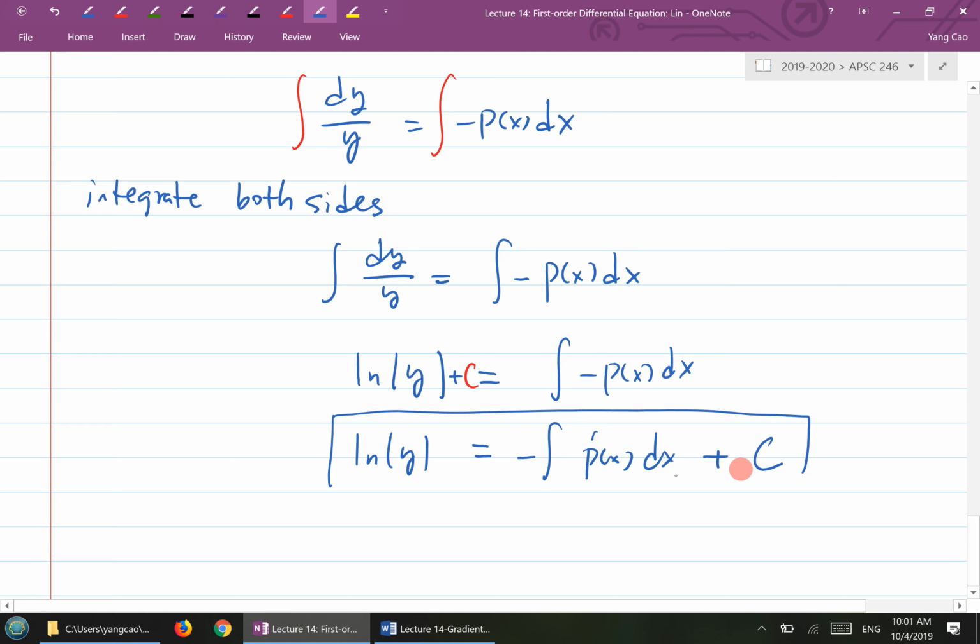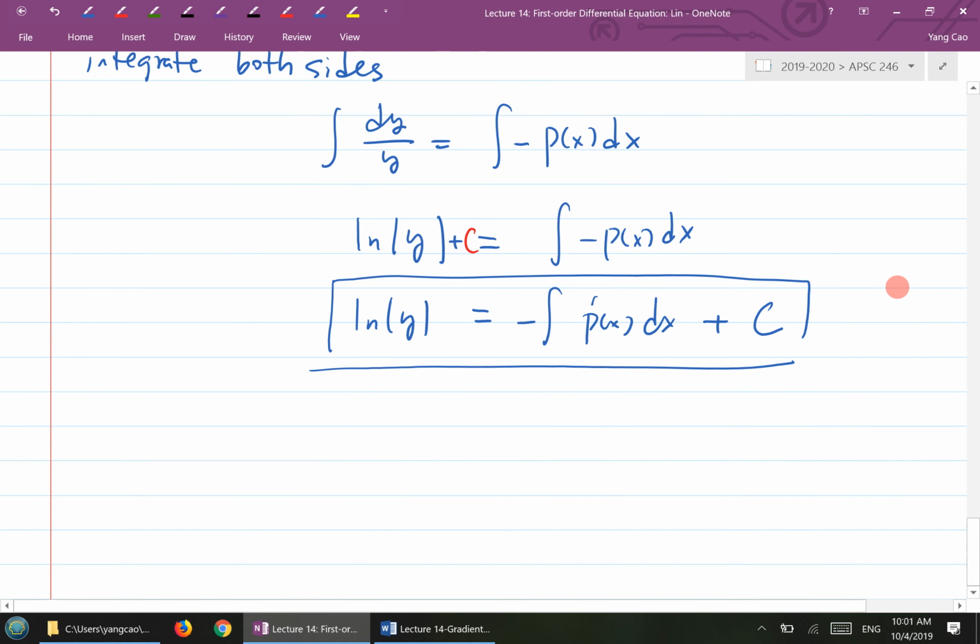So this is the result. Now remember, we're trying to get a solution for y, right? So that's not a solution for y yet. We need to do one more step. How do I get rid of the ln sign? We take the exponential on both sides of this equation. So taking the exponential of both sides, you get absolute y here, and on this side you get e to the power of negative